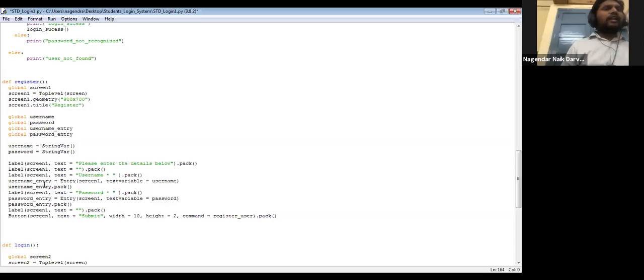So how does the entry need to be taken? Whatever username you type here, a text variable username, that will be taken in with the entry function. So whatever you type here, that is what it takes. So in that way username and password entries need to be made, right? Here it is not just like a label or button, right? Because when you type something in a field, it needs to be taken with entry. So Happy Singh, this is your answer actually, right?